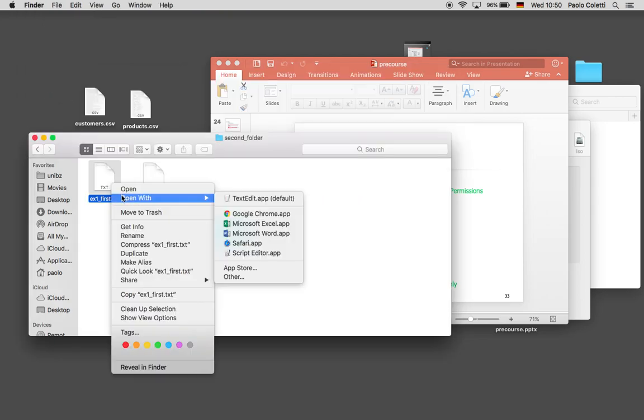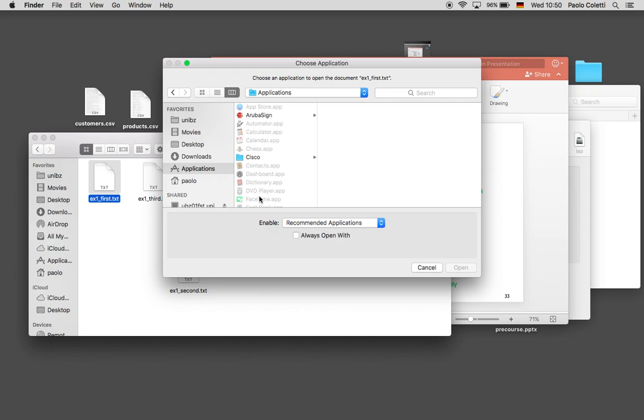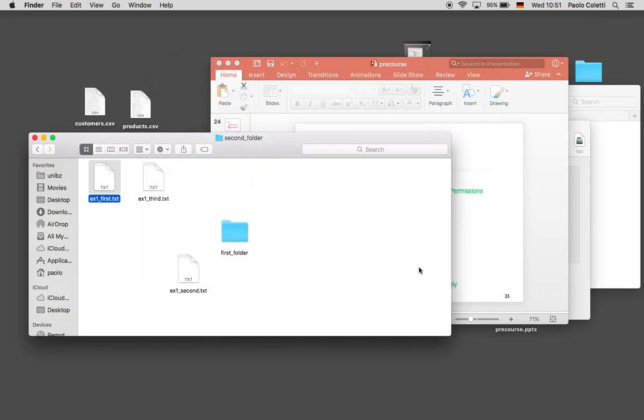Suppose that I want to open it with something which is not here. You can choose Other. This gives you the possibility to choose the application. Well, in this case, most of them won't be a good idea. Usually Word, maybe Excel can open it, maybe Outlook can open it. Keka itself doesn't really open it, it compresses it. Remember, if you flag this always open with, you will always open it with that program whenever you double click. So usually it's not a good idea unless you want to change this behavior forever.